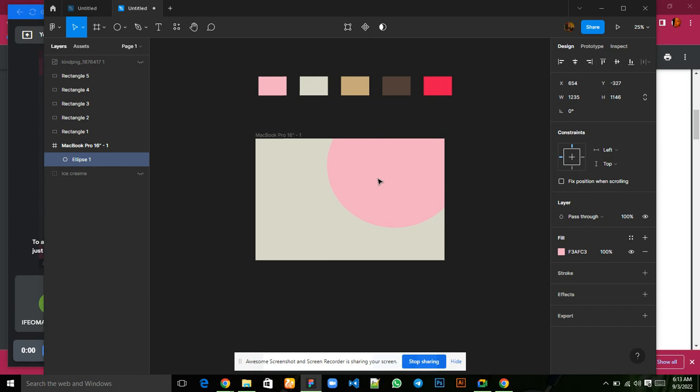So I'm shifting it to the top, and I want another circle. So I'm going ahead to draw another circle. You click on the shape tool, the circle, and you drop here. When you drop, I want to work with this measurement: 716, 706. Okay, 716 for the width and 706